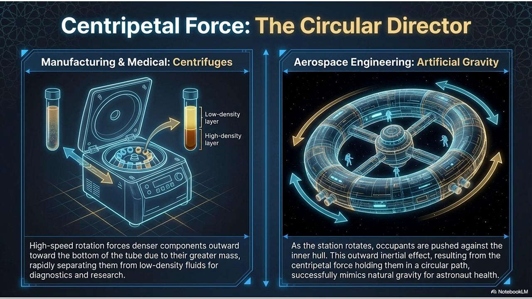So, if we ever want to travel to Mars or live in deep space, engineers have to fake gravity, and they do it using centripetal force. Okay, walk me through how spinning a ring makes you feel heavy, because that's wild. Think about being in a car that takes a really sharp turn to the left. What happens to your body? I get shoved hard into the passenger side door. Exactly. Your body wants to keep going straight, but the car is turning left. The door pushes against your shoulder to force you into the turn.